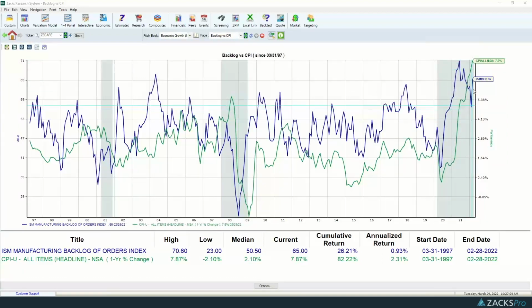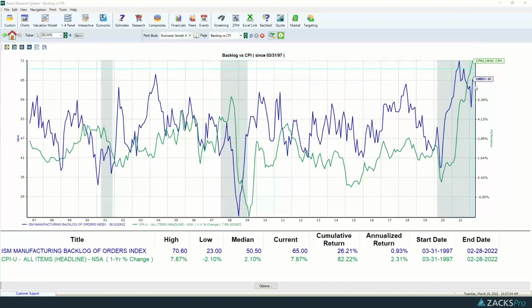But it looks like the backlog index once again popped back up to 65. It got down to about 56. So that was a very positive trend, but once again, that backlog just snapped right back up. So that's definitely not good for the CPI. As long as this backlog index remains elevated, I see really no end to the CPI finally coming down,